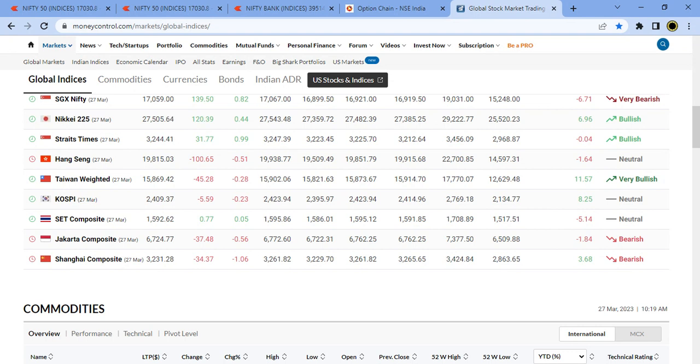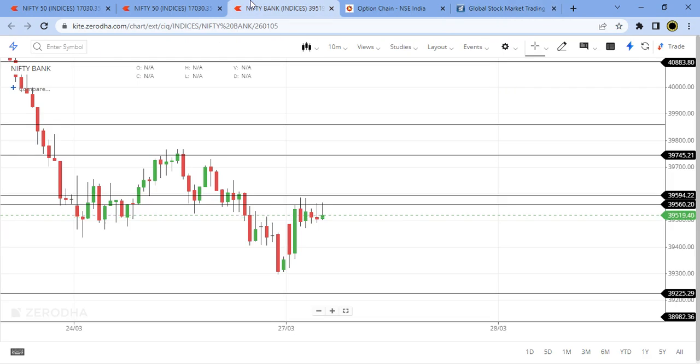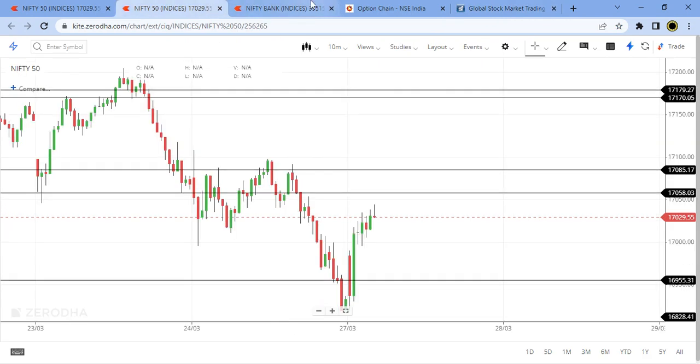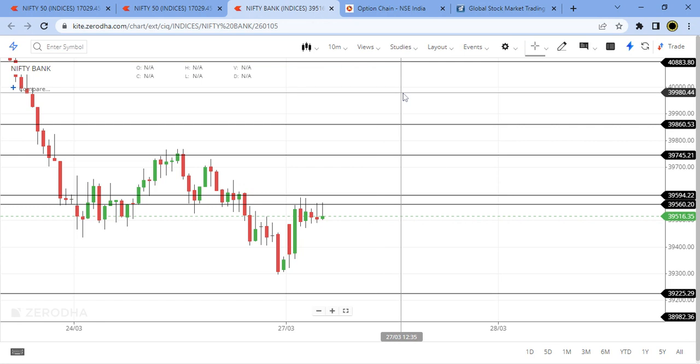If you look at the Friday data that we have received, FIIs were net sellers and DIIs were net buyers. So let's look at the charts, technical analysis. The overall market is neutral, like we do not have any stance on whether it is positive or negative. So today we have a neutral view.